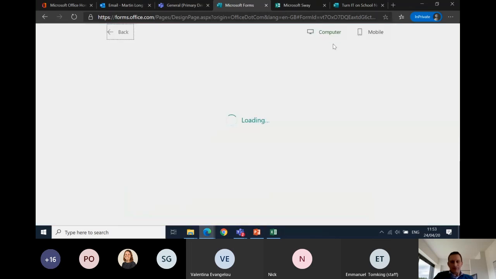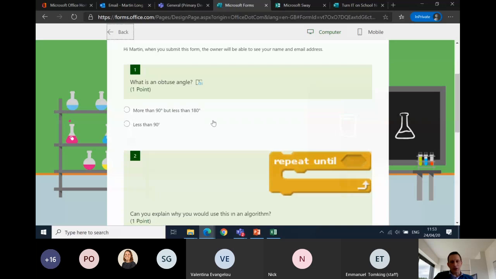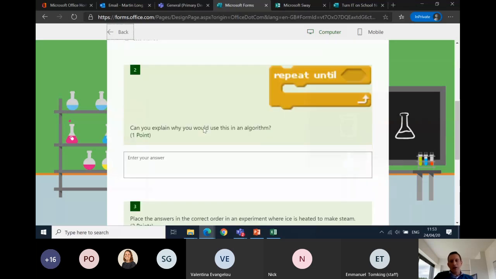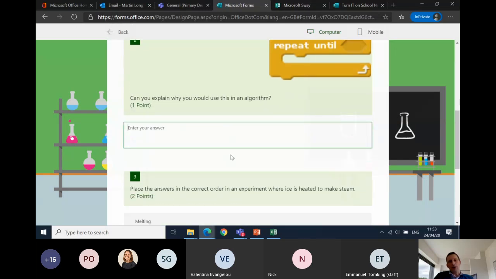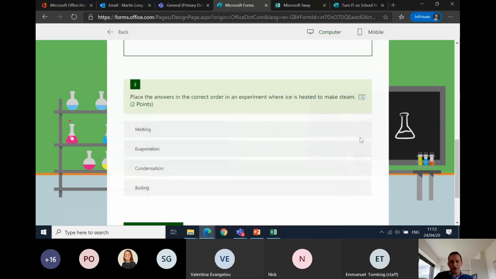So when you preview it, in here I've got my team. I want to know whether my angle is obtuse or acute, and I'm going to click what my description is. Then I've got my picture here, so I'm looking at coding. What does that do? Explain. So I'd expect them to explain that repeats or loops coding inside of it. And then down here, I'm going to get them to